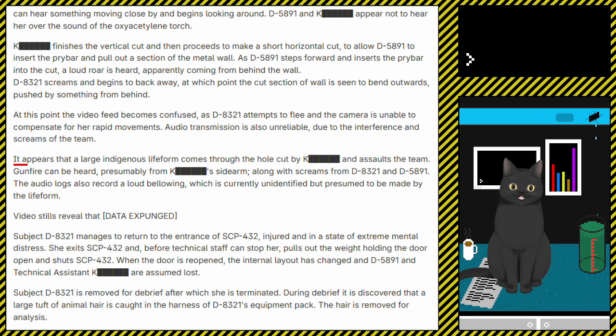It appears that a large indigenous life form comes through the hole cut by K and assaults the team. Gunfire can be heard, presumably from K's sidearm, along with screams from D8321 and D5891. The audio logs also record a loud bellowing, which is currently unidentified but presumed to be made by the lifeform. Video stills reveal that